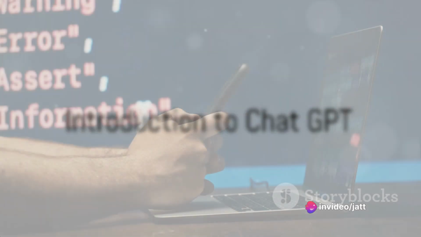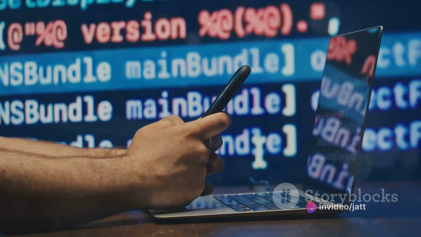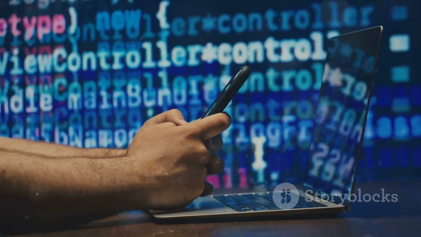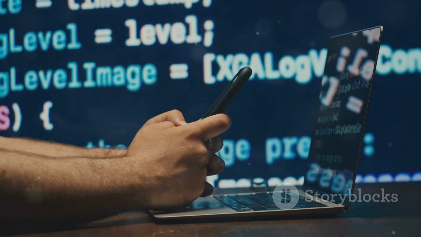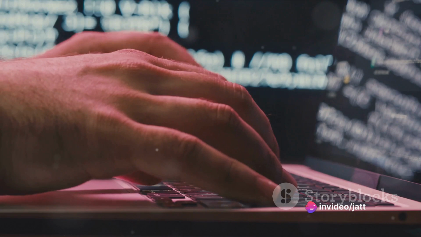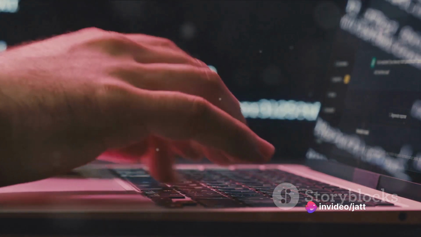Ever wondered how to use Chat GPT effectively? You've come to the right place. This technology is a fascinating development in the world of artificial intelligence and natural language processing. It's a chatbot, but not your ordinary chatbot. Developed by OpenAI, Chat GPT is a powerful tool designed to understand and generate human-like text based on the input